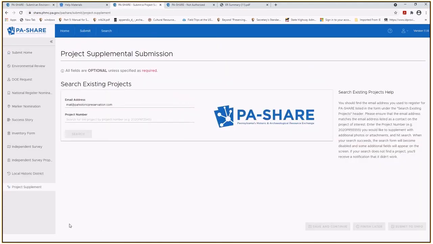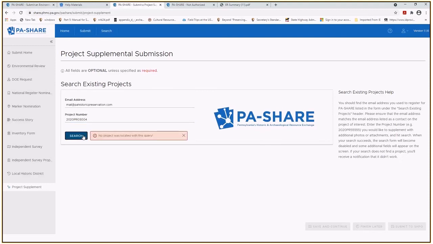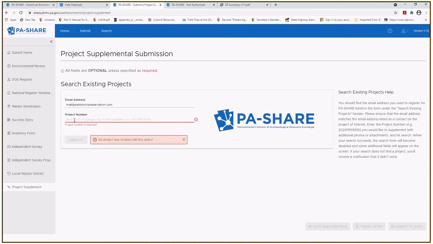This is the tool you would use. Now, this tool is only going to serve you if you want to enter photographs or send some revised plans or something like that. If you actually want to send us a survey, oh, I must have written that down incorrectly. No. Yeah, I definitely did. If you want to send us a survey or you want to send us resources, then what you're going to need to do is,